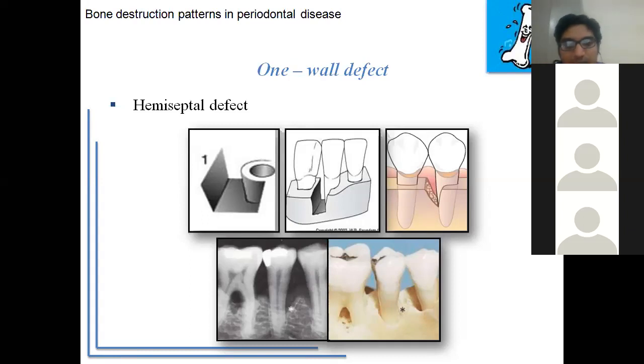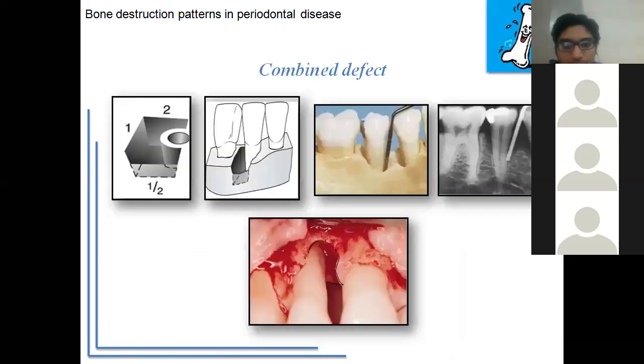Three wall osseous defects have good prognosis as compared to two wall and one wall osseous defects. One wall crater comes under two wall intrabony defects. And you can do both regenerative and resective osseous procedures in case of craters, which will come in your surgical topics. These are combined defects, where the number of osseous walls in the apical area is more as compared to the number of osseous walls in the coronal portion.